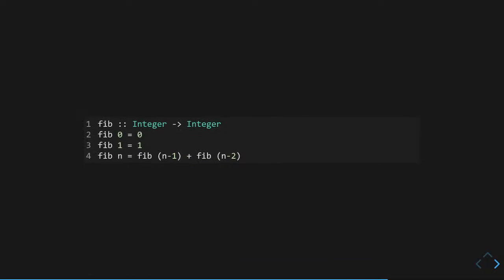Then this is an example of the Fibonacci sequence in Haskell. So here we're defining our Fibonacci function. Lines 2 and 3 there is an example of pattern matching. It checks if the integer is 0, it will return 0. If the integer is 1, it returns 1. Otherwise, if that integer that we've passed in is any other number, we call Fibonacci on the n-1 plus Fibonacci